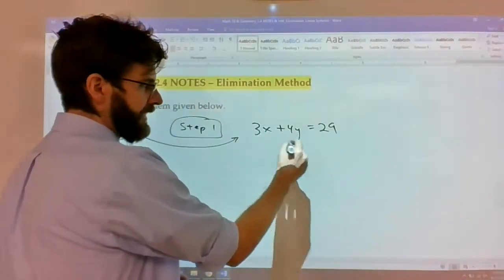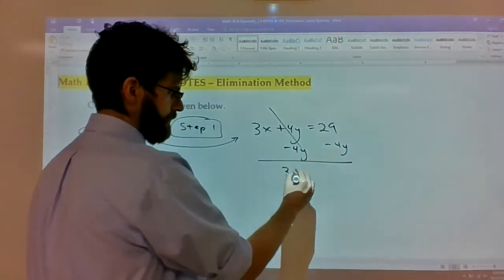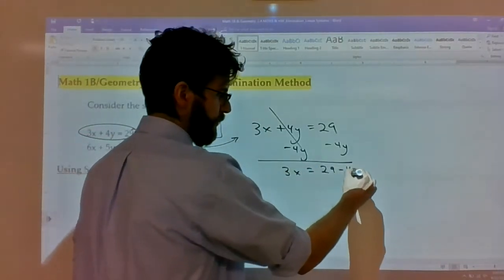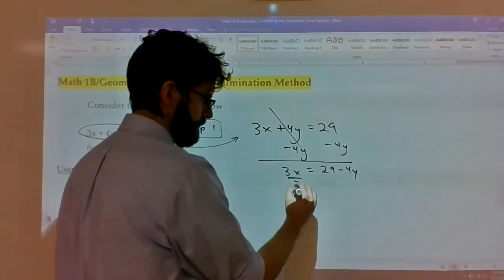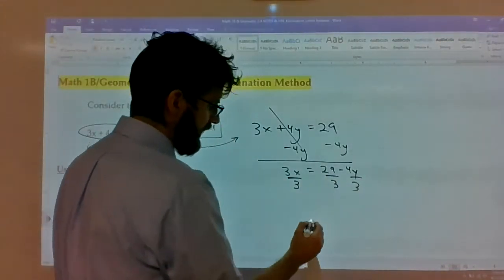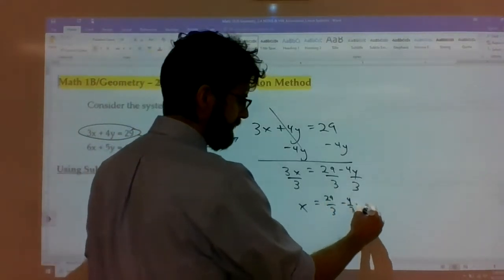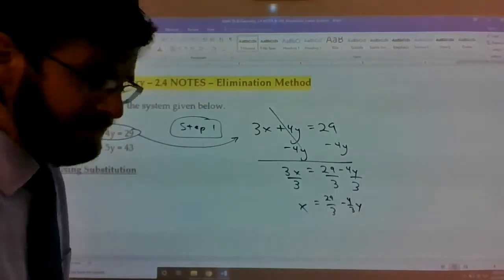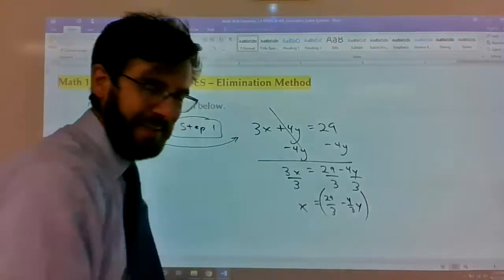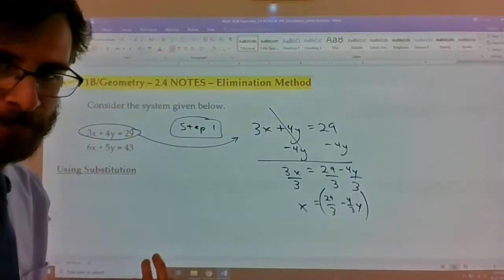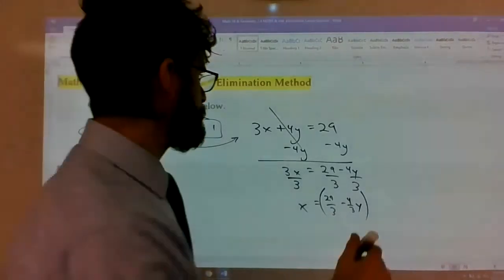So if I'm going to get x by itself, I'm going to subtract 4y from both sides. 3x equals 29 minus 4y. Divide every part by 3. And I get x is equal to 29 over 3 minus 4 over 3y. Yuck. That's not a great expression to work with, but that's how substitution works. So step one, get either x or y by itself. Step two,